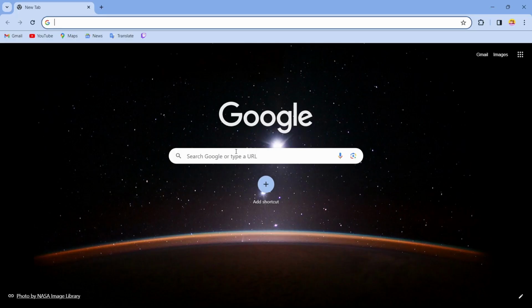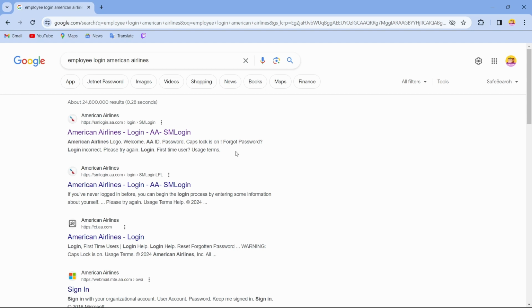If you want to log into your American Airlines employee account, just open up your browser, and in the search bar, search for employee login American Airlines. After searching for that, you will come up to this page. Now you have to tap on the first option which says American Airlines